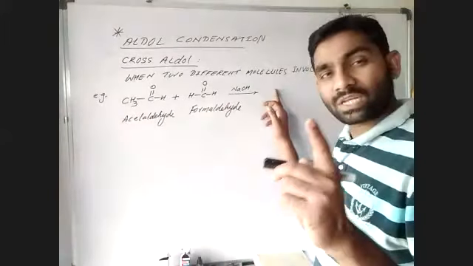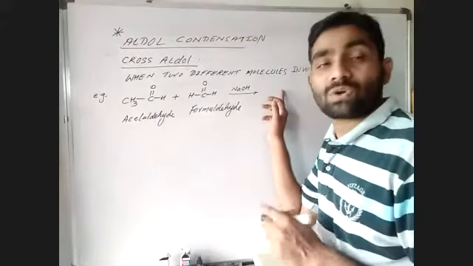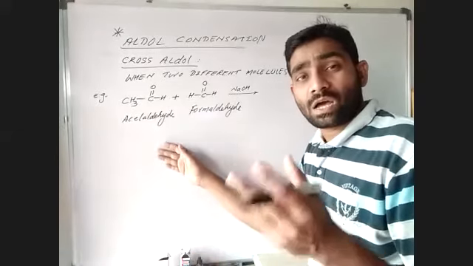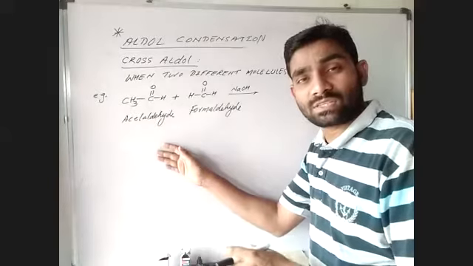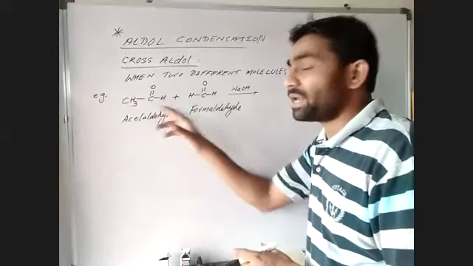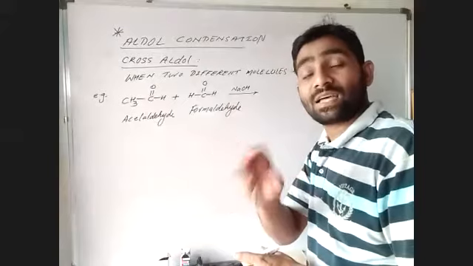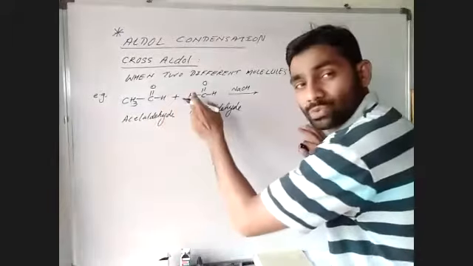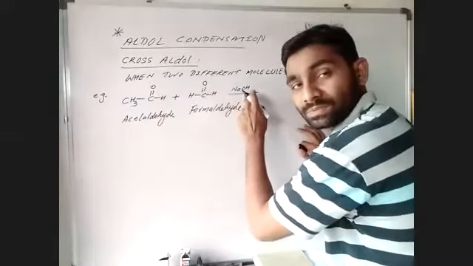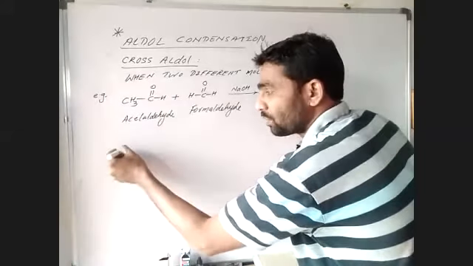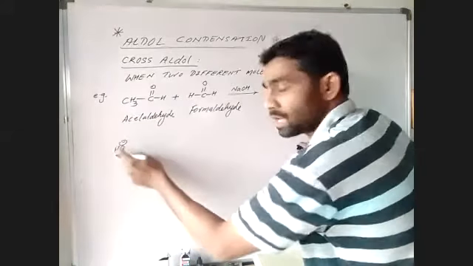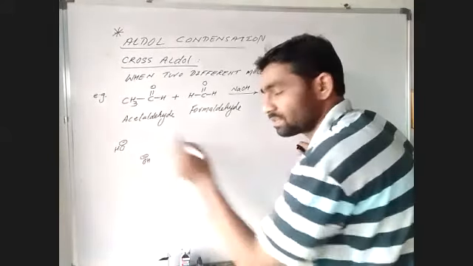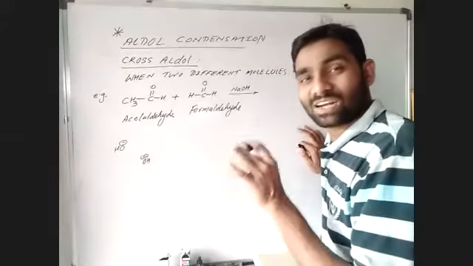We can write the product here, no problem. But before writing the product, because it may create confusion, let us discuss a mechanistic pathway or step. So out of these two, this will be approached by this one. So I am writing here OH minus ion. I can write like this also, no problem. This is also correct. Both are right 100%. Okay?